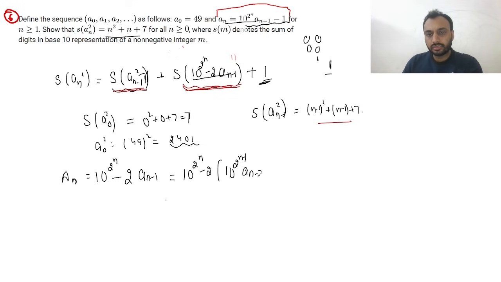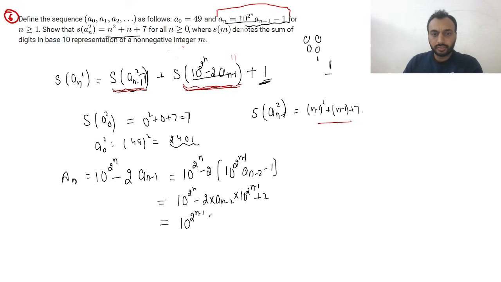If we simplify that, it will be 10^(2^{n-1}) plus 2. If I take 10^(2^{n-1}) common, it will be 10^(2^{n-1} - 2) a_{n-2} plus 2. So this is nothing but a_{n-1},